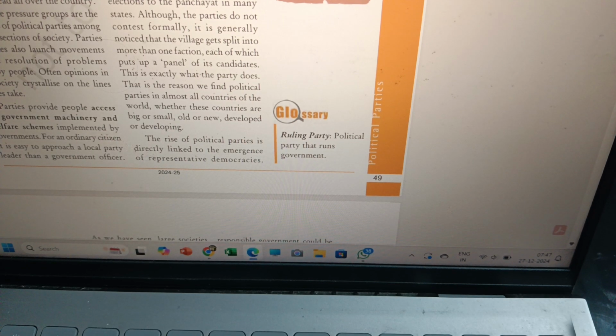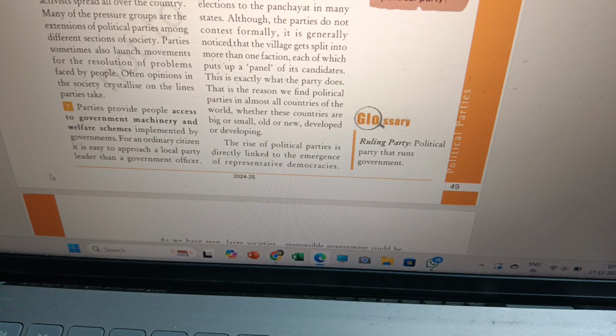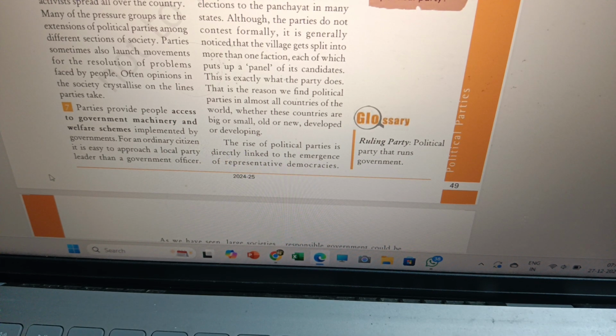Now before that, let me read the rest. This much only I have written: parties have lakhs of members and activists spread all over the country. Many pressure groups are the extension of political parties among different sections of society. A pressure group is different from a political party. Pressure groups do not want to hold government. They only want to